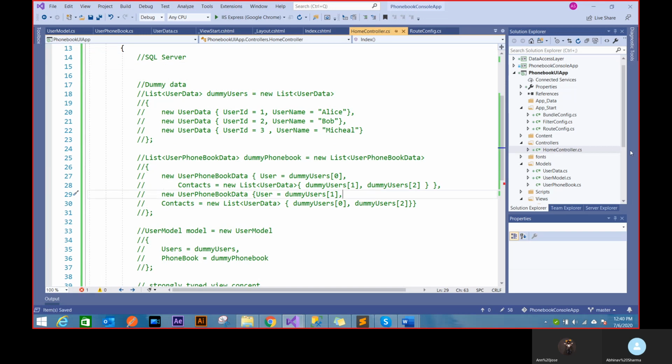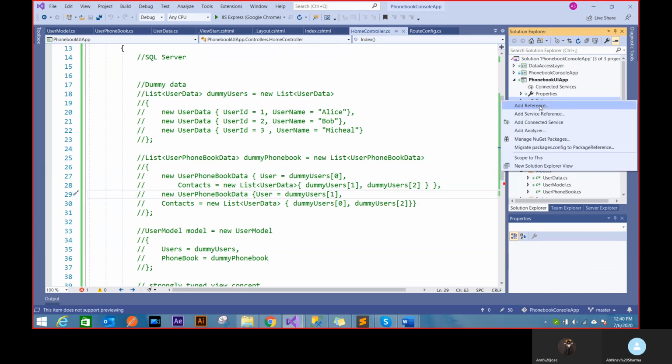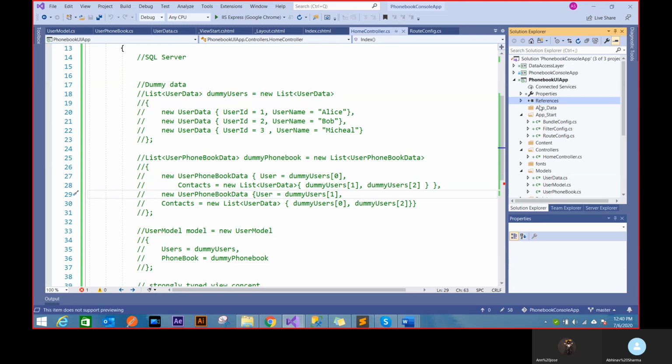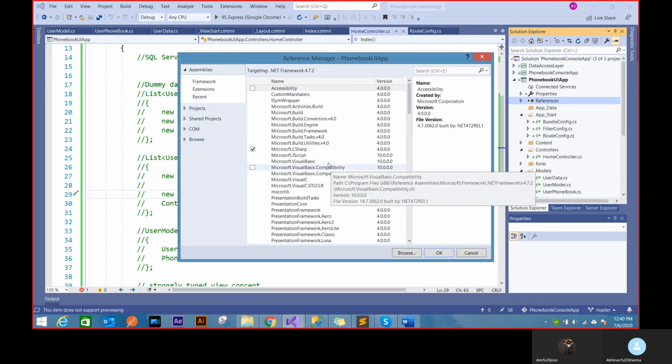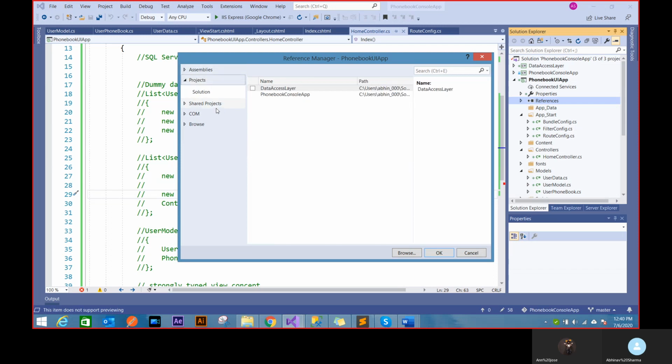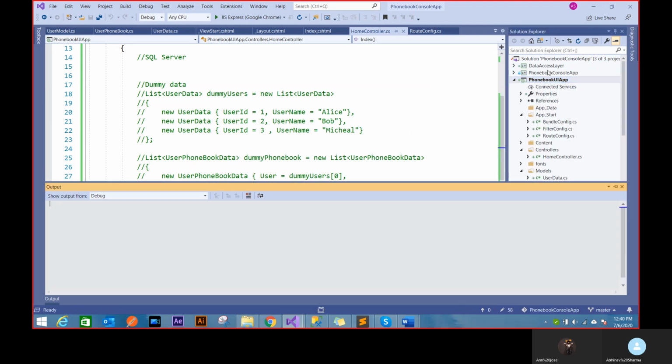So in order to do that, first I have to connect my DLL here, right? So that's where the references come into the picture. Now I can right click because I have to take the DLL inside my reference. So I can add reference. It gives me multiple ways to. I can search the assemblies also, which is not available, but I want to work on projects. So I'll select project. It automatically gives me those projects which are inside my solution. So I'll select data access layer and OK. Now the best part of this is whenever I rebuild it, it will always rebuild my data access layer also.